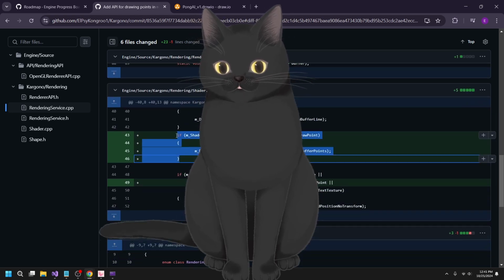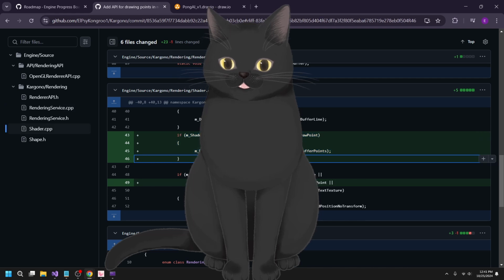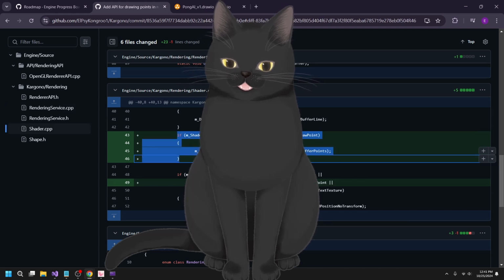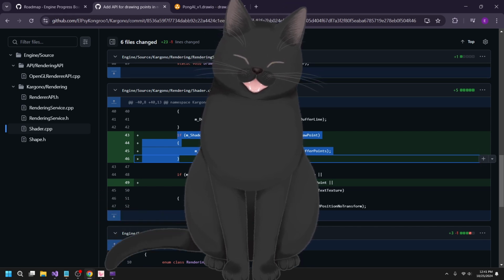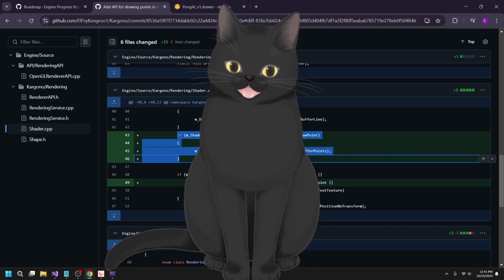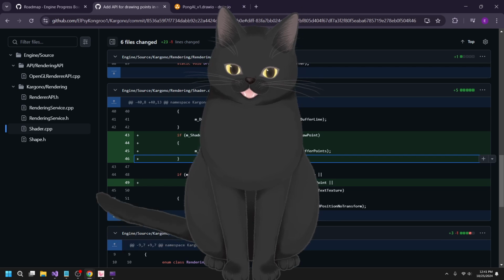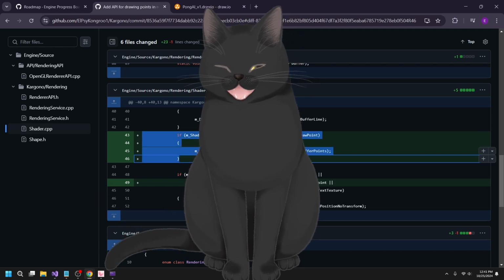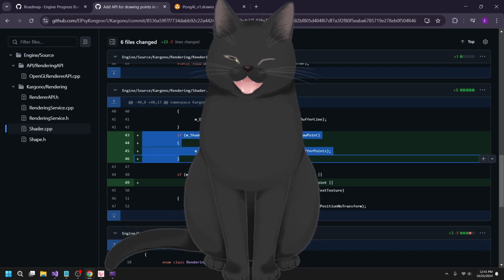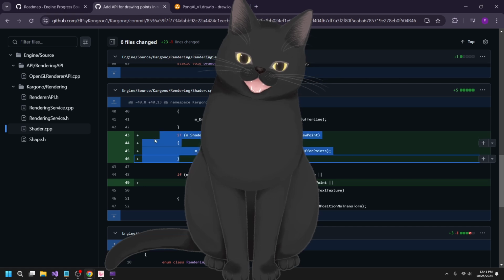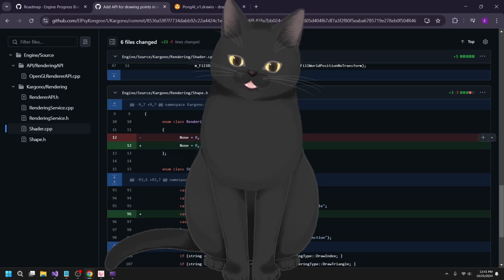Shader code. Yeah, this just provides the correct... how do I say... the way that I set up my shaders is very unique and kind of confusing, so I'm not going to try and explain it fully. And saying it's confusing is not a compliment to how I made it. It's just confusing. I need to fix it. But yeah, long and short of it, this is just necessary for draw points to work.